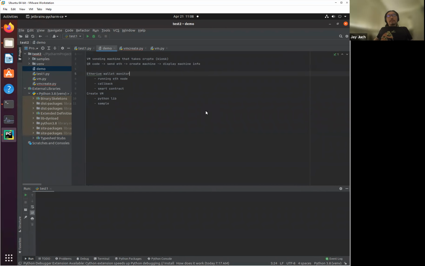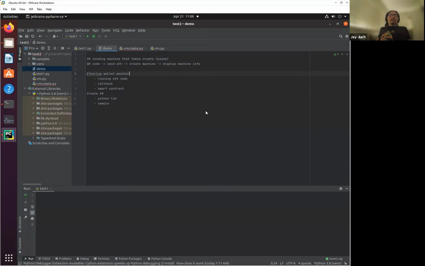All right, so this is a demonstration of the project that I worked on. The goal was to create a vending machine, a standalone machine, if you will, that presents a list of VMs that you could order. And what it takes in input is Ethereum, so crypto. So you would send this vending machine Ethereum coins, and it will get you the VM machine